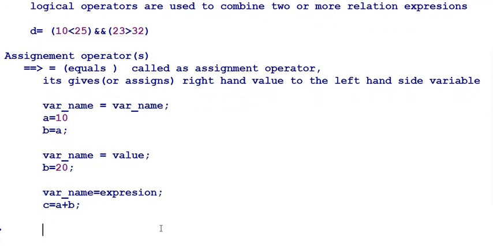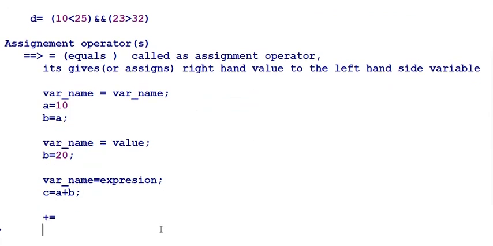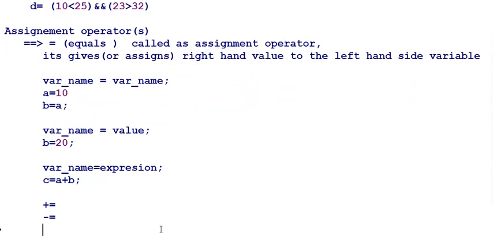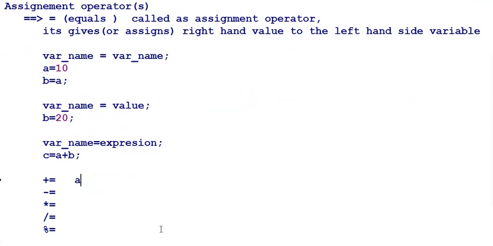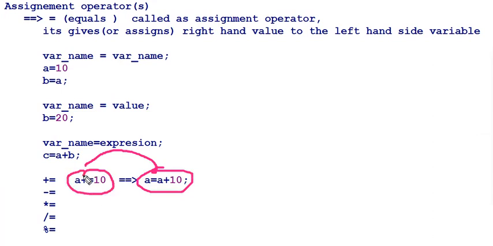Now we have many types of assignment operators. This is also called an assignment operator in combination with the arithmetic operators. We have many types of assignment operators, such as slash equals and mod equals. What does it mean, sir? Whenever I write A plus equals 10, it adds 10 to the base value and the final value will be stored in A. The same can be written as a full expression; this is the shortcut expression. These are also called unary operators. Similarly, all of this is applicable for everything.